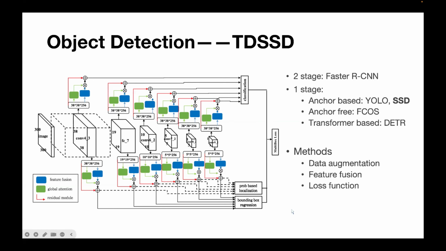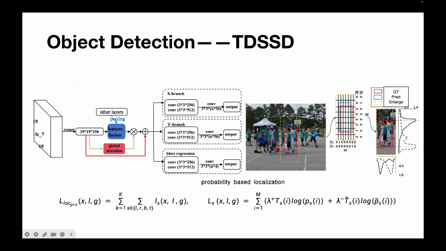And this is the final network design. It's quite complex. I tried to integrate all the useful elements into the network, and as you can see here, it can really improve the performance compared with the baseline SSD method. So after that, later on, I also tried to make the detection results more precise, the bounding box more precise, because I was planning to do some tracking, and in the tracking problem, the more precise the bounding box is, the easier it will be in the later stage. So I introduced two